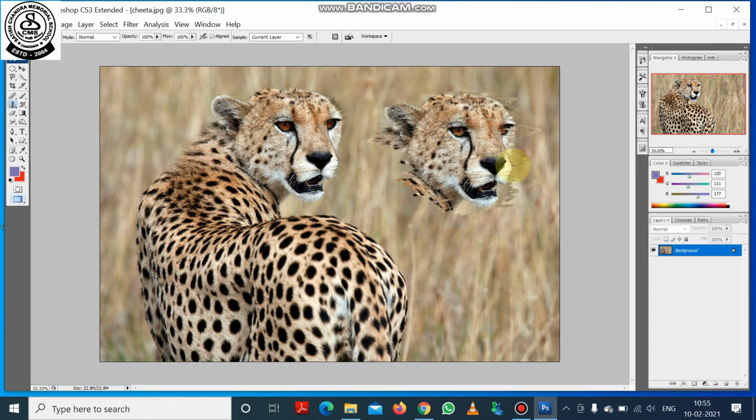You can see here. And if I move the mouse pointer further, the entire body of the cheetah will be made. But student, remember from where I started the cloning.